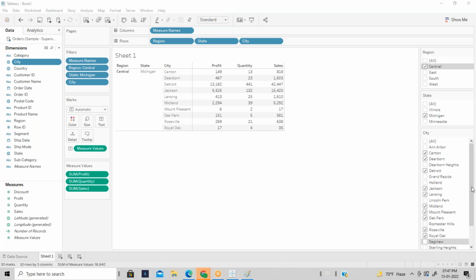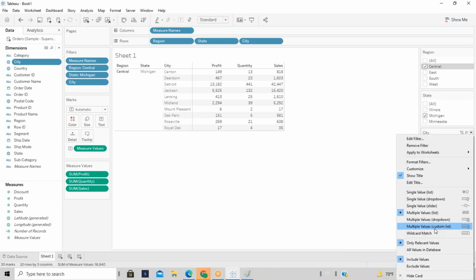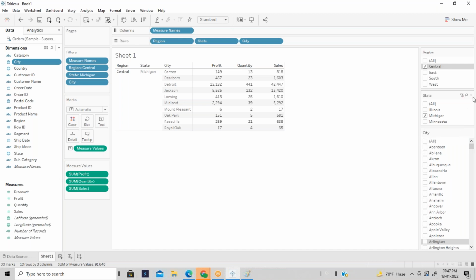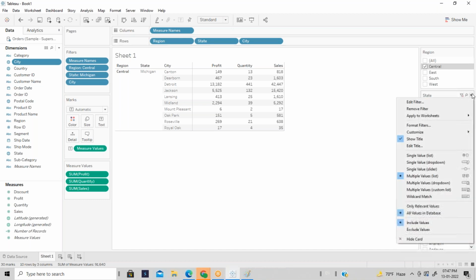Guys, is that clear, everyone? Any questions? What if we want to remove that filter? Then you have to go and select the relevant filter again, and select all values in the database.